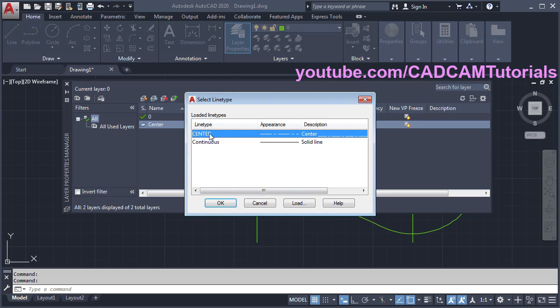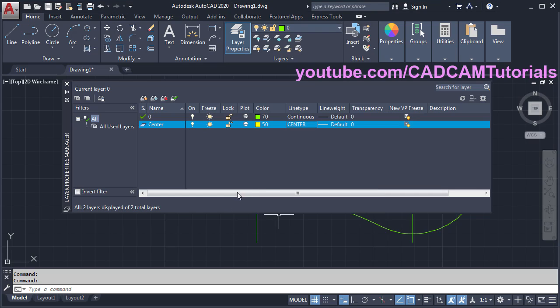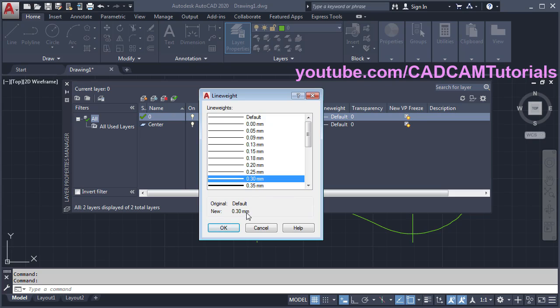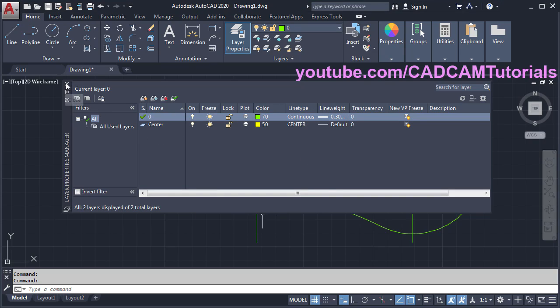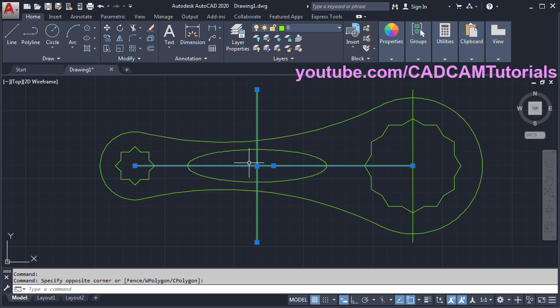Okay, click on center. Okay, then for 0 I want thickness of 0.3. Okay, then close it, then select these lines, click here and click on center, press escape,